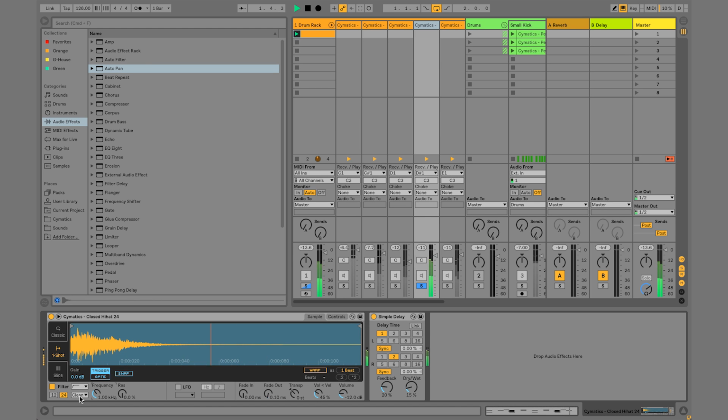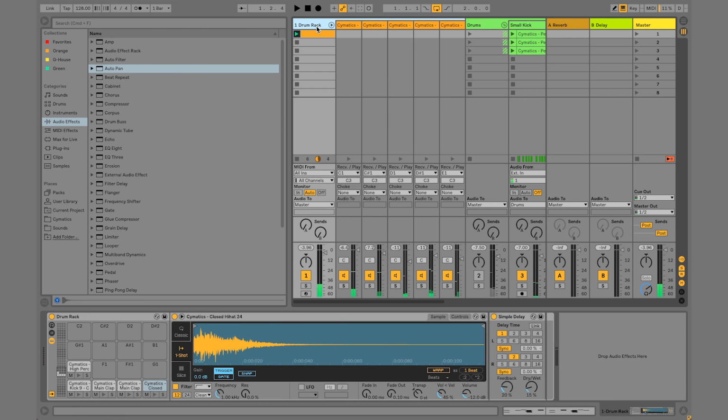1000 hertz. 12 decibel filter is fine. Just to cut out that low end thud. And now if you play it, cool. Finally, this drum rack, this channel that kind of sums up all of these individual samplers, these MIDI Simpler